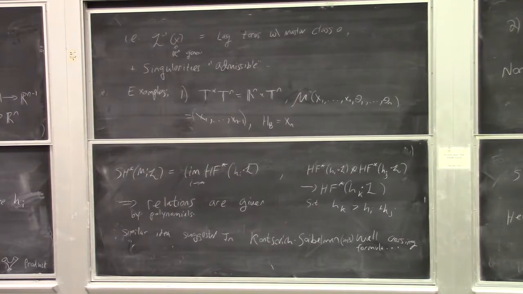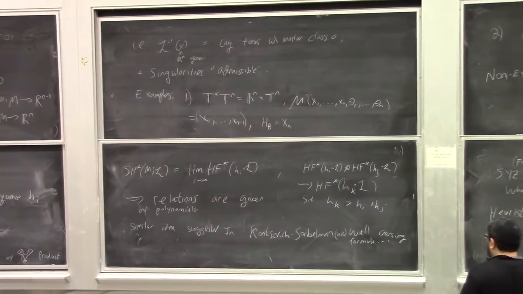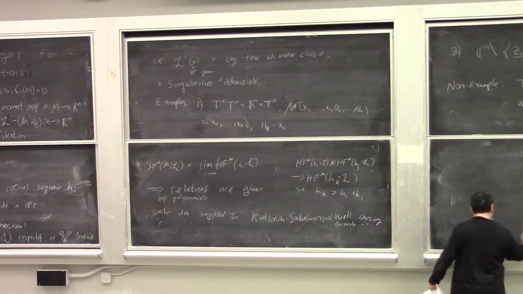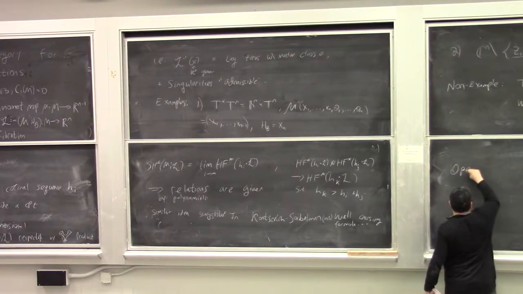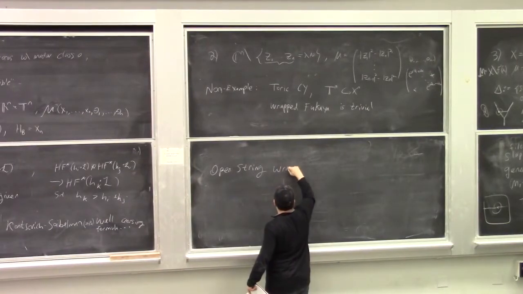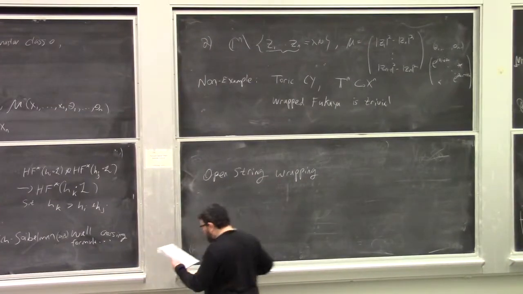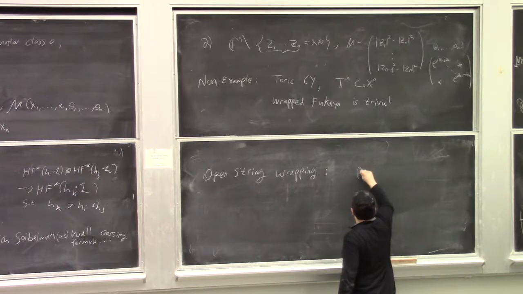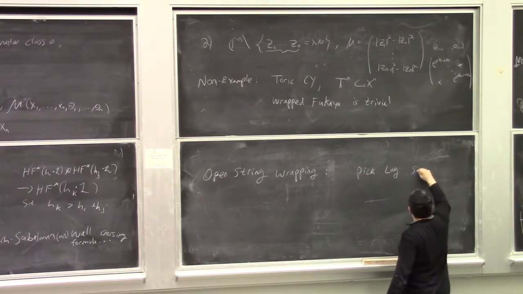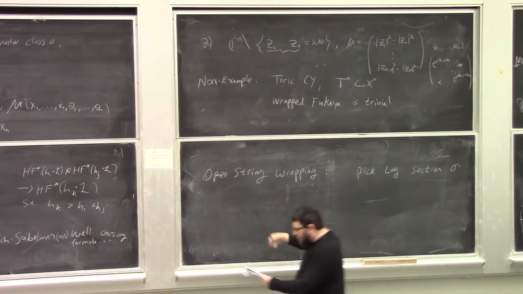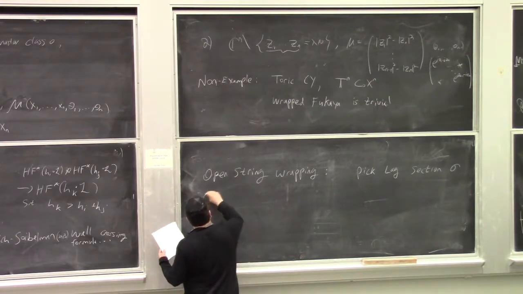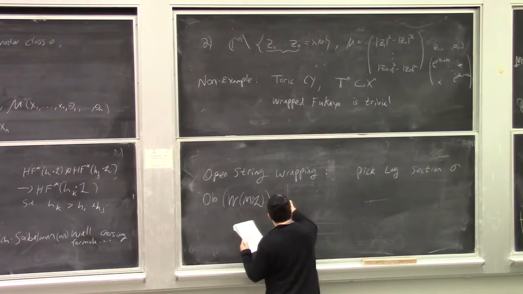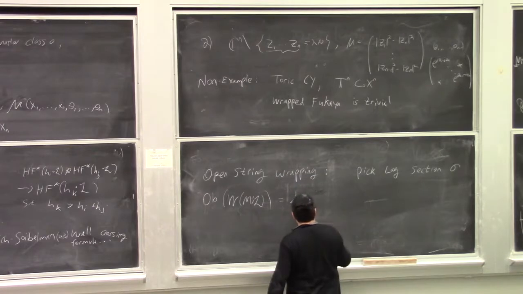So this is closed string wrapping. For open string wrapping, we also need to choose a section. So pick a Lagrangian section sigma. And then relative to this sigma, I will putatively say that the objects of the Fukaya category, not in a completely correct way, are Lagrangians such that,